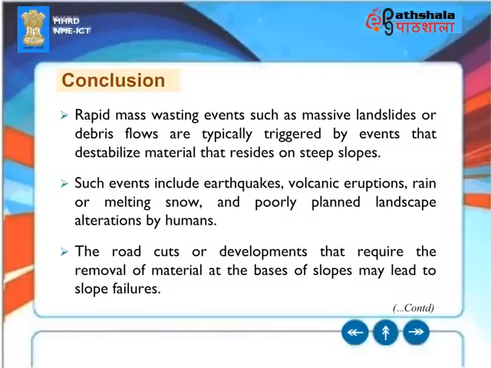Conclusion. Rapid mass wasting events such as massive landslides or debris flows are typically triggered by events that destabilize material that resides on steep slopes. Such events include earthquakes, volcanic eruptions, rain or melting snow, and poorly planned landscape alterations by humans. The road cuts or developments that require the removal of material at the bases of slopes may lead to slope